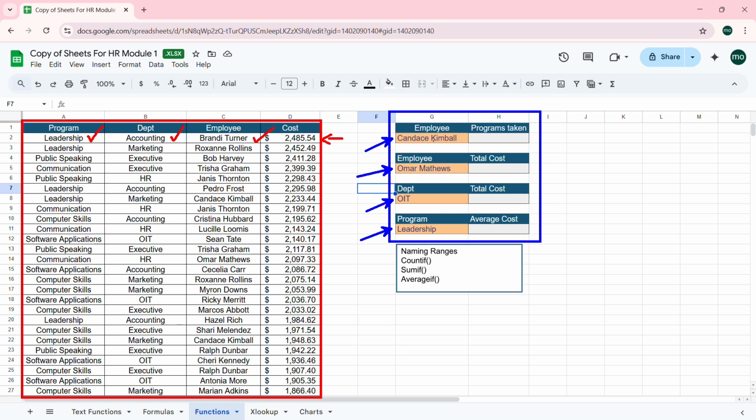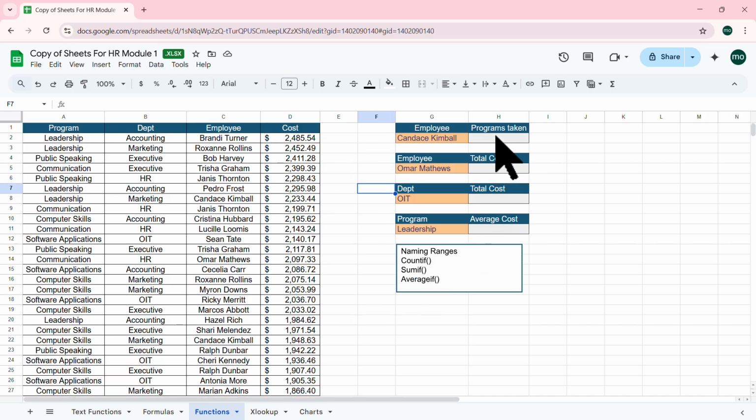We could change these values later, but the main thing to do is to go ahead and set up these functions first, and then we can play around. We can change the values here in column G and get a real-time update here as well. Let's take a look at our first function, which is the Countif function. So the Countif function is going to ask us two things. It's going to ask us what range to search